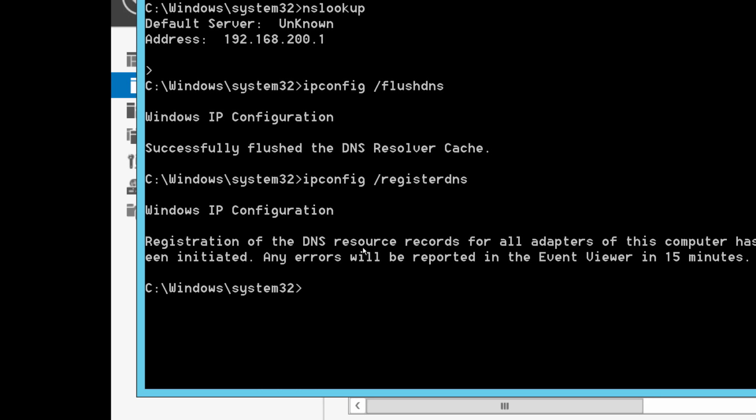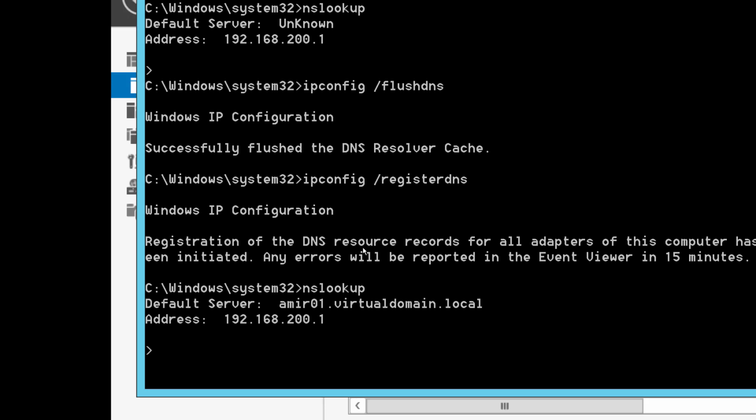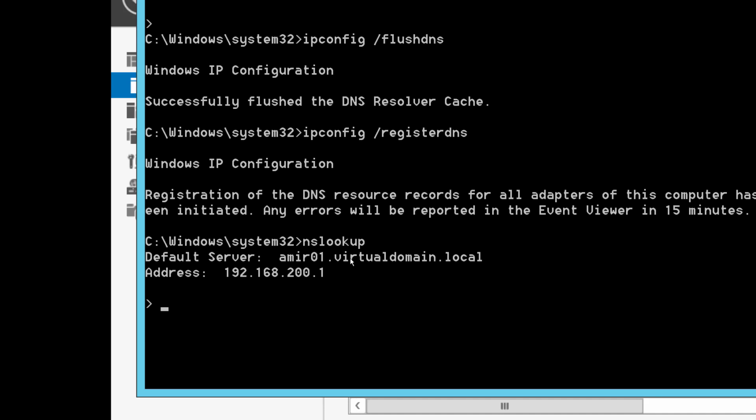But then if we run that command nslookup again, does it give us your first name 01 dot virtual domain dot local, the full FQDN, or not? So if I go up arrow, nope, not this, up arrow, nope, not this, up arrow again, nslookup, right? So enter, now it does, right? So if you see that,